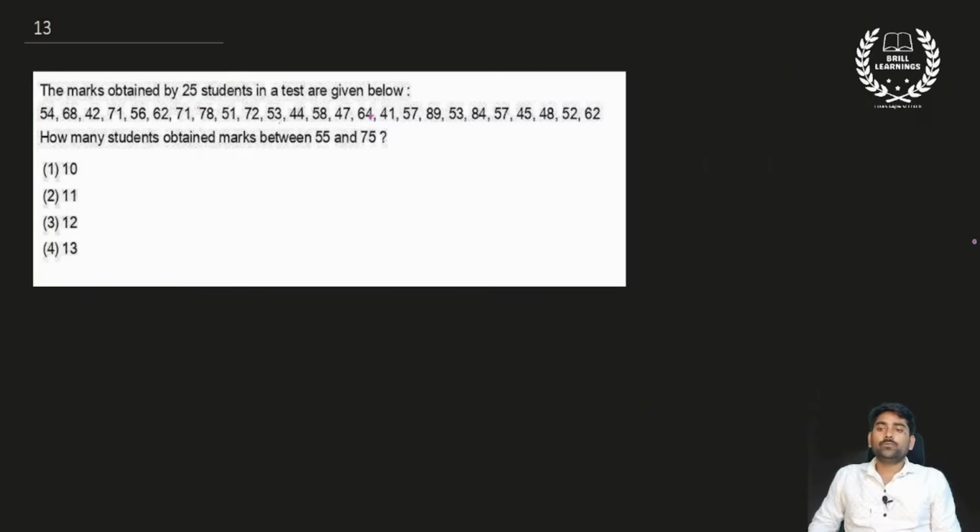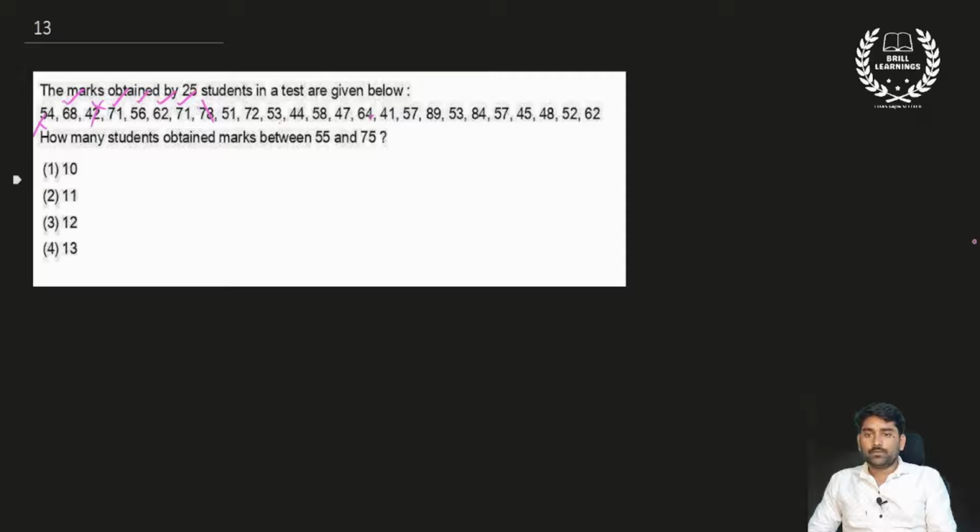The marks obtained by 25 students in the test are given below. How many students obtained marks between 55 and 75? They are asking about marks between 55 and 75. That means we should not include 55 and 75 here. So 51, 54, it's not, and between this value 68, okay, 42 not, 71, okay, 56, okay, 62, okay, 71,